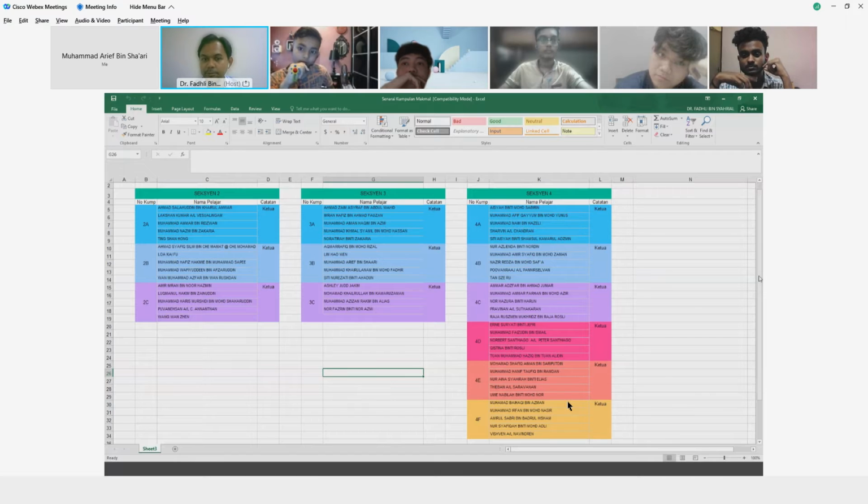So, for example, on Tuesday, section 2 and section 3, they have 6 groups, right? So 6 groups times 5 students means they have 30 students. But the rule is only 20 students are allowed to do the experiment. So here,